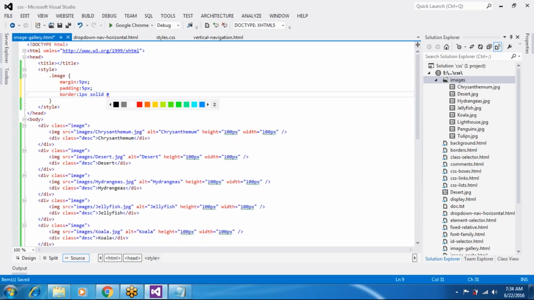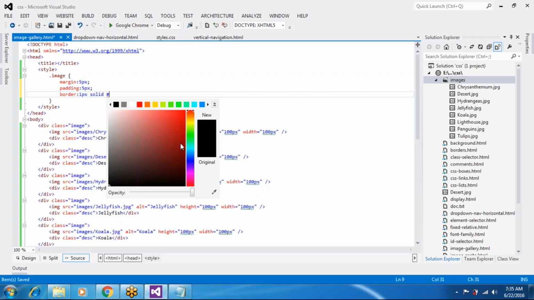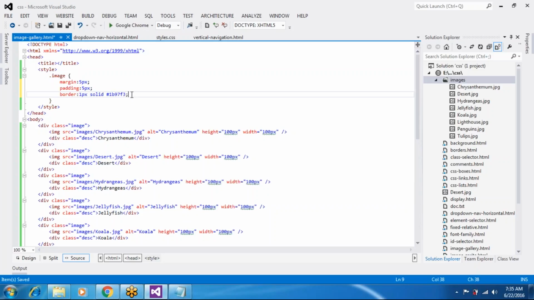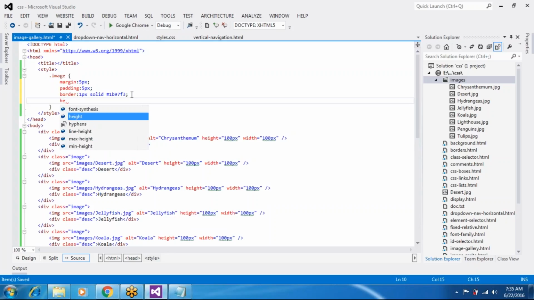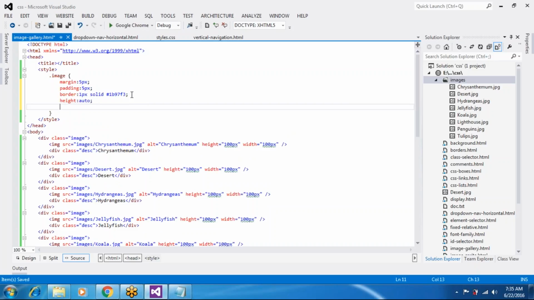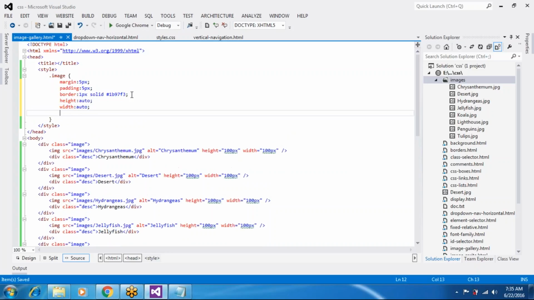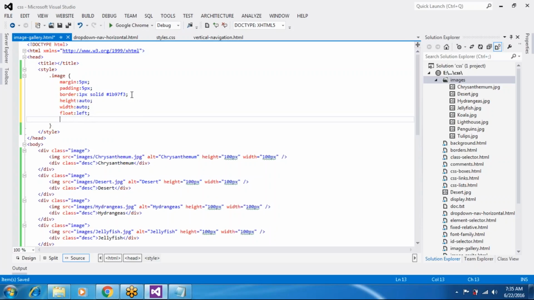Border color is, so you can take this color code, and height auto, and width also auto, height and auto width, and float left, and text align center,